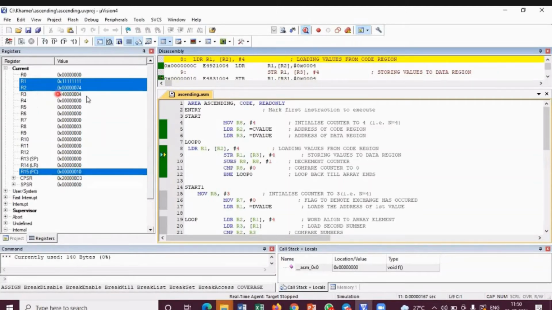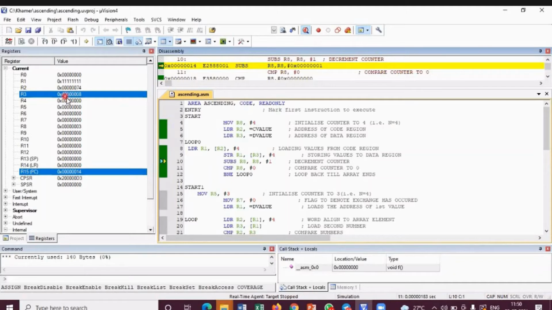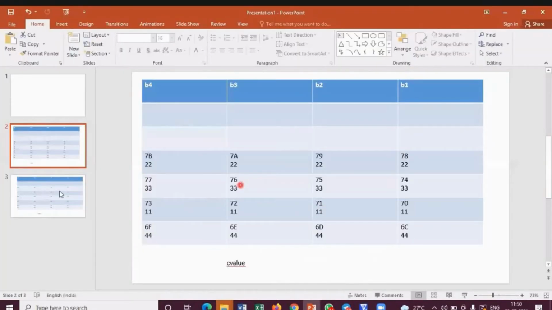Where is R3 pointing to? 40004. Correct? And simultaneously shift R3 for the next level also. See here, R3 has been shifted to the next level, 08. This store operation we cannot see, but we will try to update it in my D value.